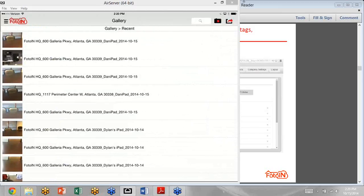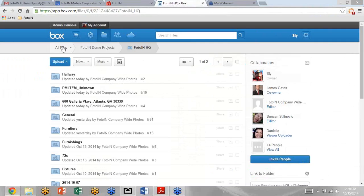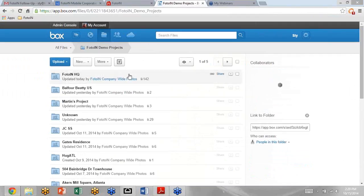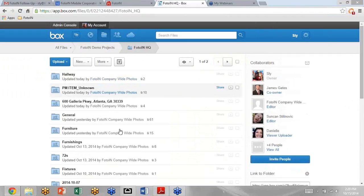So having done that, let me actually go ahead and show you what actually happens with those files. So I'm doing a demonstration with Box. We do use Box for our management. So here's a fixed folder that I've had before, the PhotoIn Demo projects. The project name, which is the PhotoIn headquarters, and then notice again by different